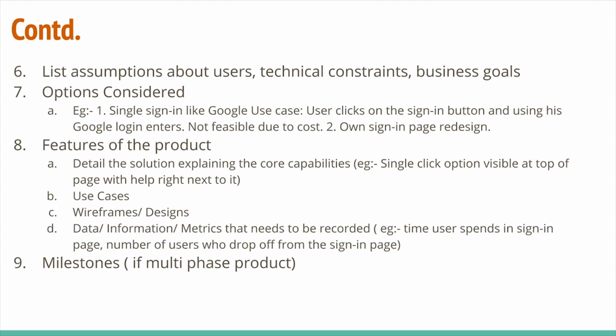The next component talks about the assumptions that you have. You could have some assumptions or some specific information about your users. There could be some technical constraints or business goals that will decide how your product is built. You want to state that here. For example, one of the factors is that the users are non-tech savvy, right? I can make sure that that is also added here.